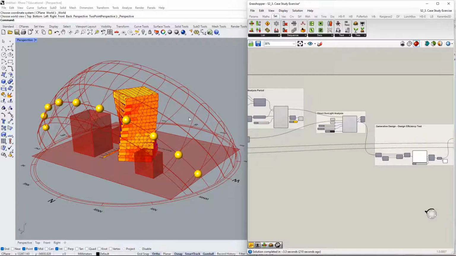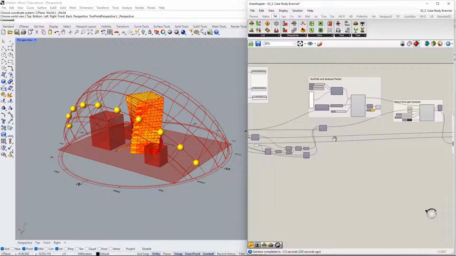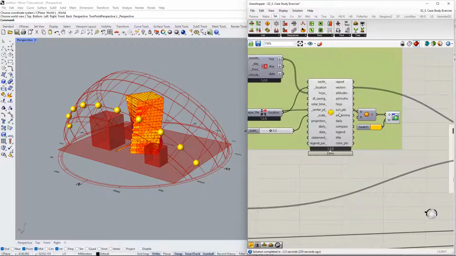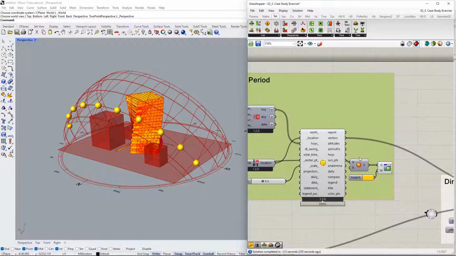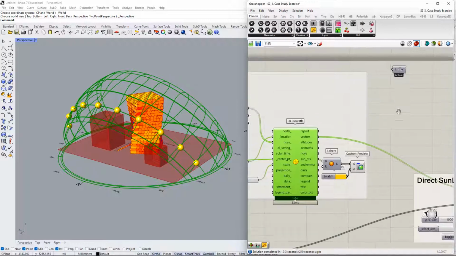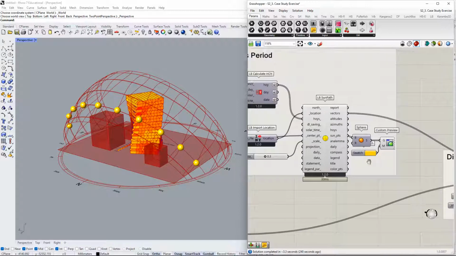So this time we're gonna deal with something a little bit more complex, and it's still gonna use everything that we've seen so far. For this video tutorial, I'm gonna focus on how to use Ladybug and a few of its tools. In this case, it's specific to the sun path and